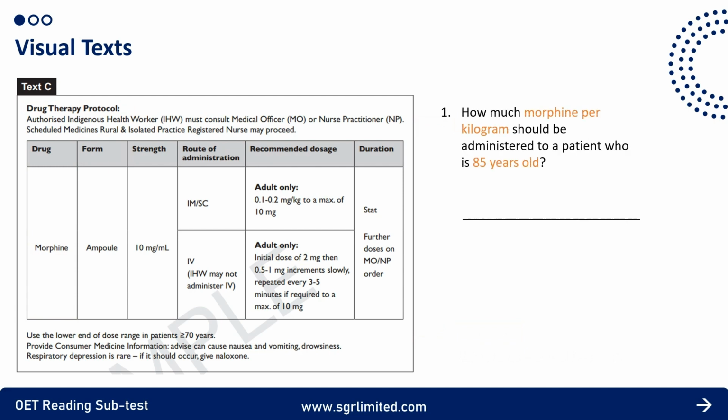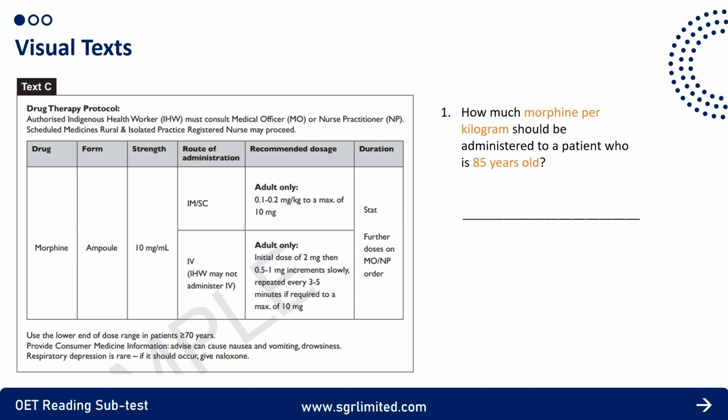In this example, we are being asked how much morphine is to be given to an 85-year-old patient. This means that our answer will hide in the recommended dosage column. 85 years old is a clue. You will find this in the footnote area. Use the lower end of your dose range in patients over 70 years old. Well, 85 is over 70, which means in the dosage, we will use the lower end of the dose range,